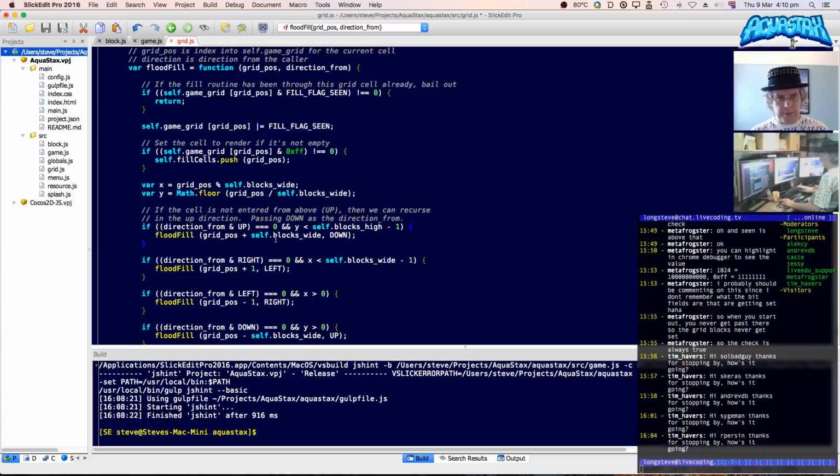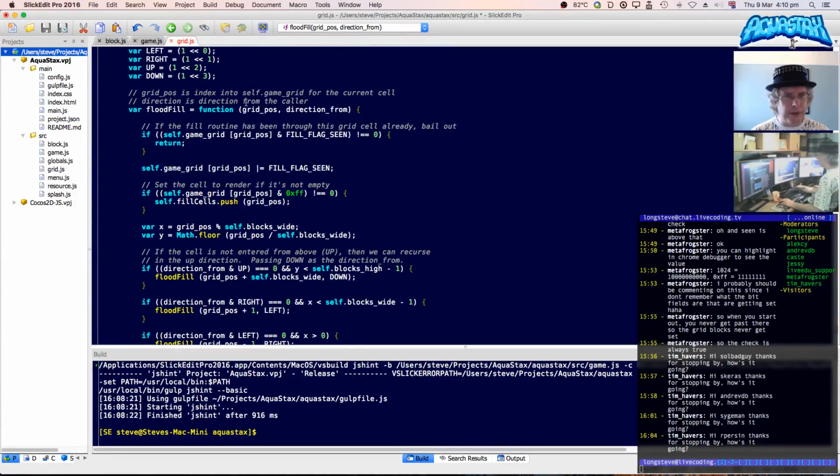So I could flip it from not equal. So if I pass the direction that the flood fill is going to, let's see, we're coming in from the right. I wonder if I might try that now just to see if it makes the code easier to read. Direction is the direction the caller is moving to get into this cell. It's kind of weird. The logic is sort of spatial. I'm trying to write code that kind of mirrors it, as in going up, down, left, and right, one cell